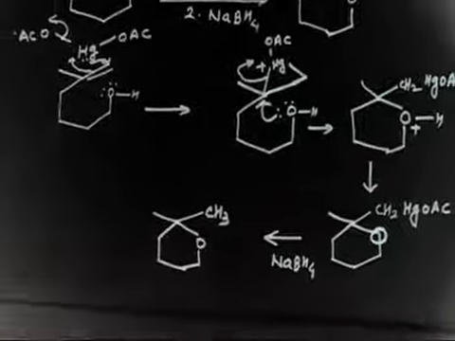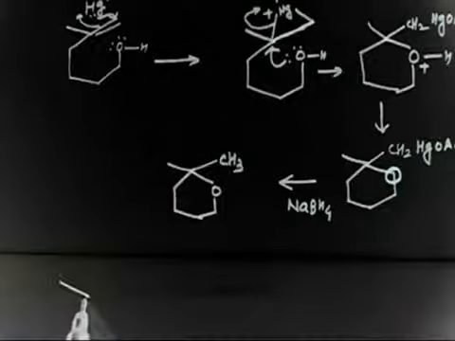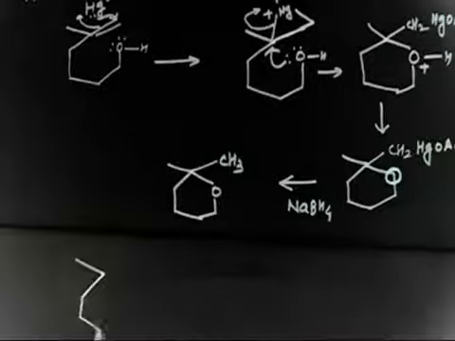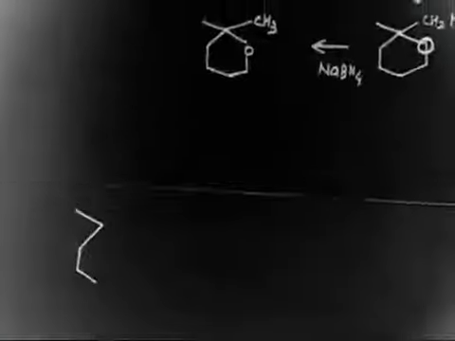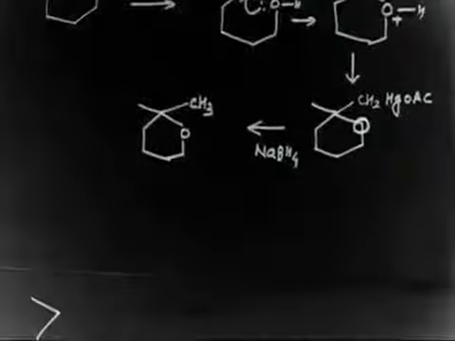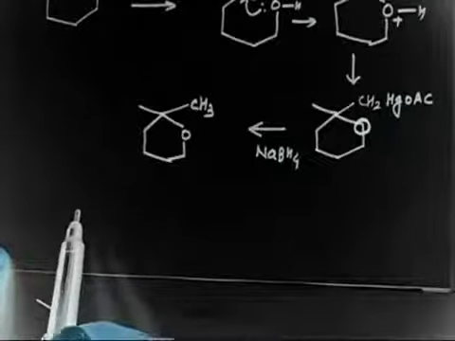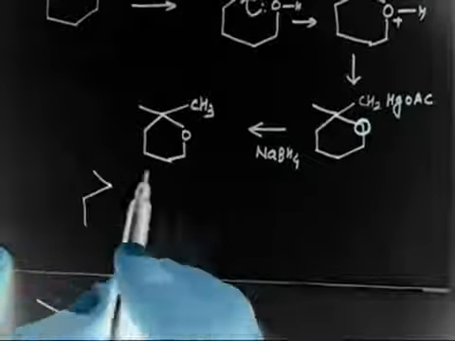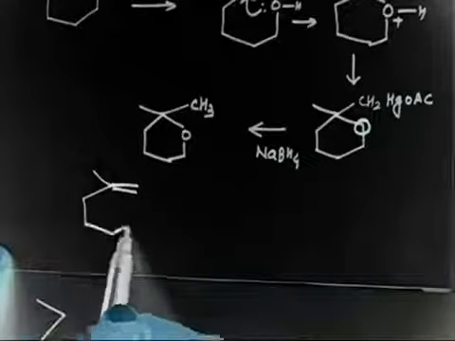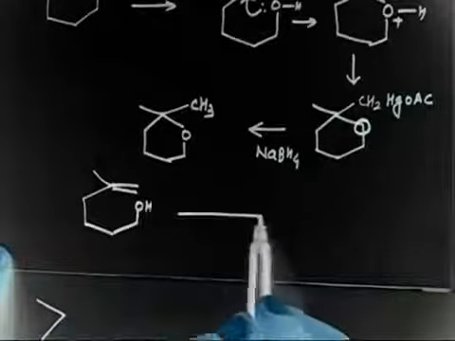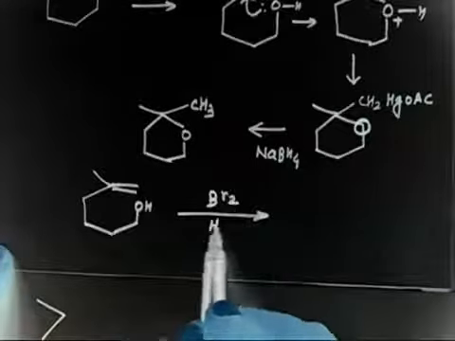For those who have done this one, now let us say what will be the product you expect if the same compound. So let us say this compound you have here. So let us copy, those who have not copied this one. If you treat the same compound, so let me write here itself. So I think you can see, you have a double bond here, same compound OH. Now this time if you treat with Br2 and H2O, what product do you expect?